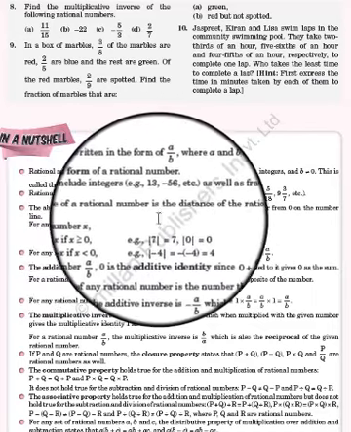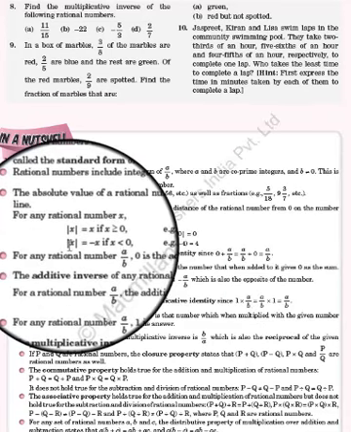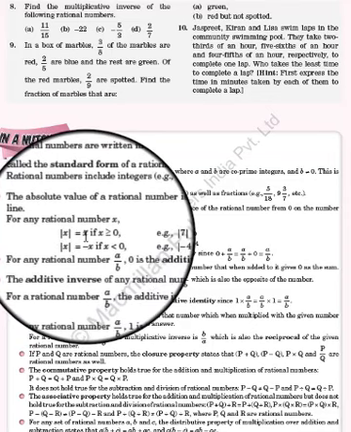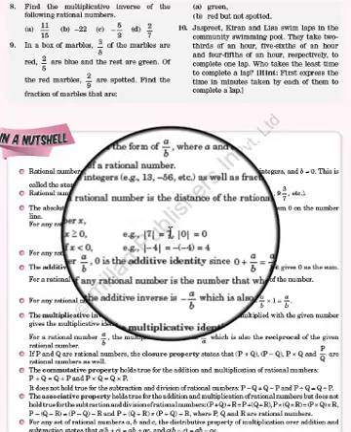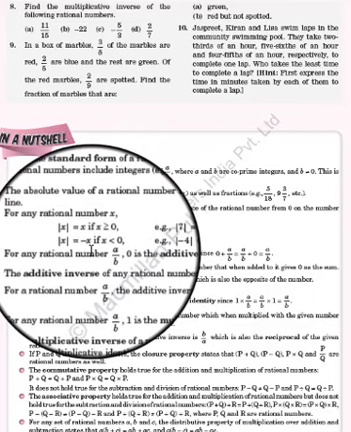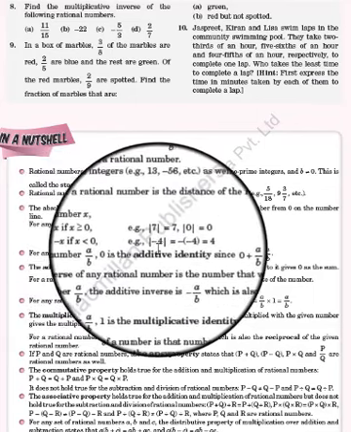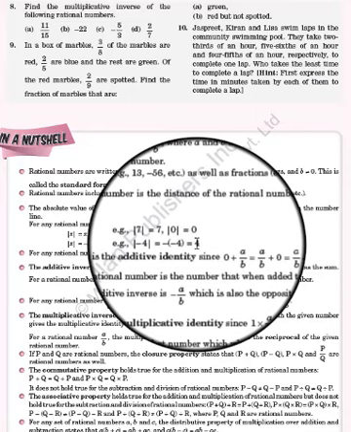Absolute value of a rational number is the distance of the rational number from 0 on the number line. If you see on the number line, that is the distance traveled from 0. As you can see in the definition here, the absolute value of x will be equal to x if x is greater than or equal to 0. That means if the value of x is positive, then the value remains the same. For example, the absolute value of 7 comes out the same. And if the value of x is less than 0, then we have to multiply by minus 1. So if it is minus 4, which is less than 0, we multiply by minus 1 and the result comes out to be 4.